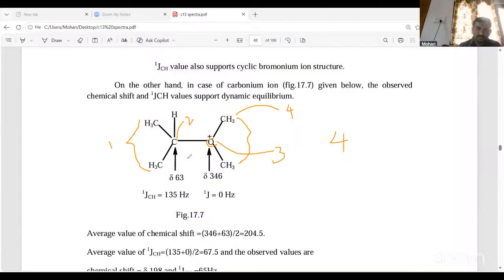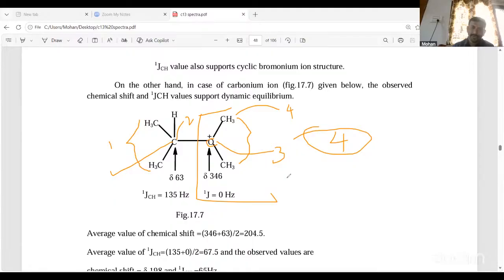Means when a positive charge is there, then you get four signals. If there is no positive charge, you get only two signals, right? If there is no positive charge, then you get two signals because it is symmetrical. You get this one different and these two different here. Here also the same, but if there is a positive charge, you get four signals here, right? And so in general, it is giving four signals,